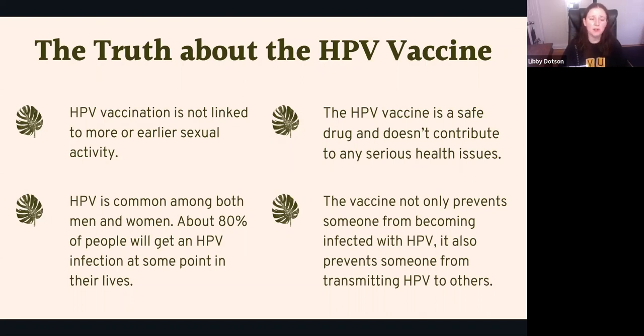And then something else that's important to know is there's a big myth going around that it's not helpful in preventing cervical cancer, but clinical studies have shown that it's almost 100% effective in preventing the subtype strains of HPV 16, 18 that cause cervical lesions. And so I'll just give a little more information. I'm going to turn it over to Lindsay, but